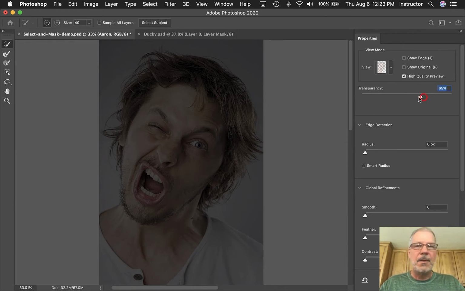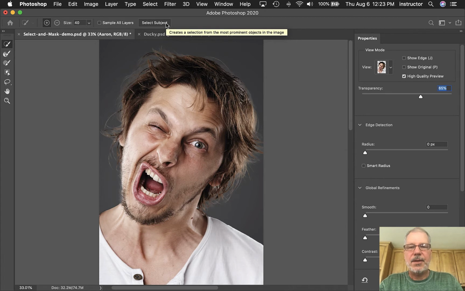So I can come over here and start creating my mask with my quick selection tool, but what I'm going to do instead, undo, Command Z, Command Z, I'm just going to push the button up here that says select subject. Sometimes it works better than this tool, sometimes not, so we'll try it. What the heck, it's free. Oh, it did a great job. Yeah, I know, because I practiced. All right, so